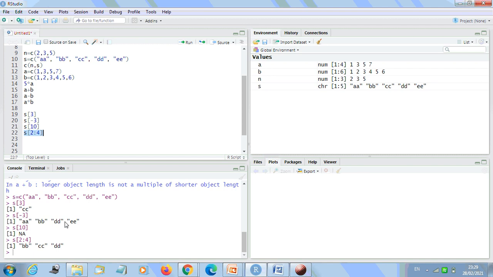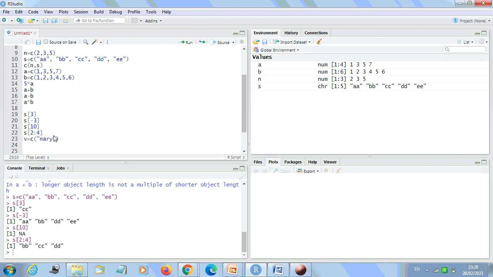Now let's see the named vector members. We can assign names to vector members. Let's take an example. We have V equal to c, and I'll declare another vector. Just name it Mary.